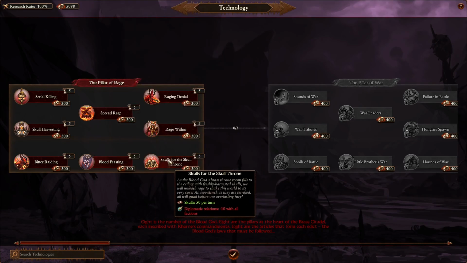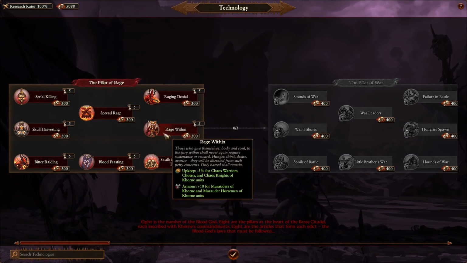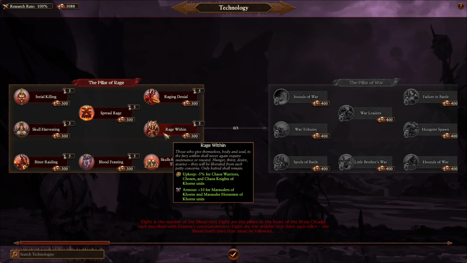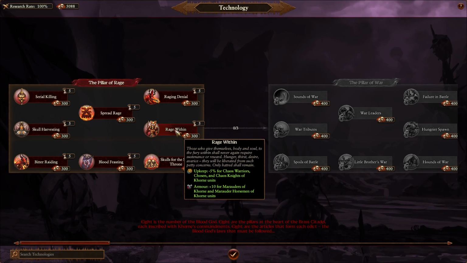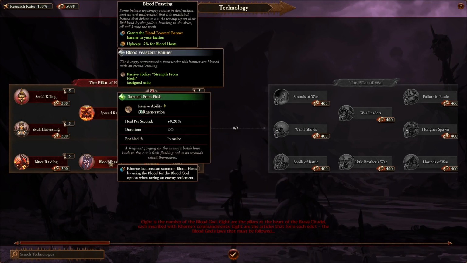Kind of torn between these 3 here. This one's going to save us money as we recruit replaceable units early on. And it's going to win us a lot of battles early. This is going to keep Scarbrand alive, but it's only 0.2%. So, I think